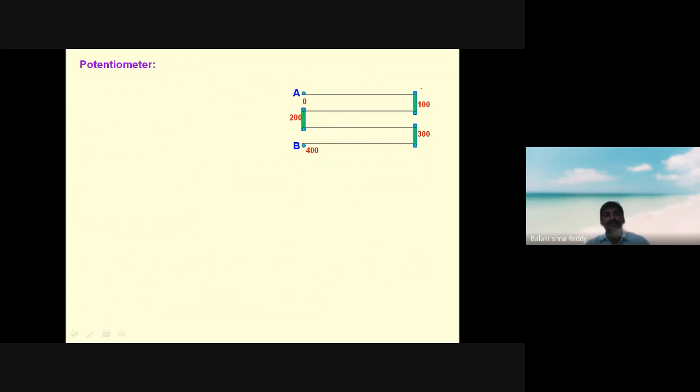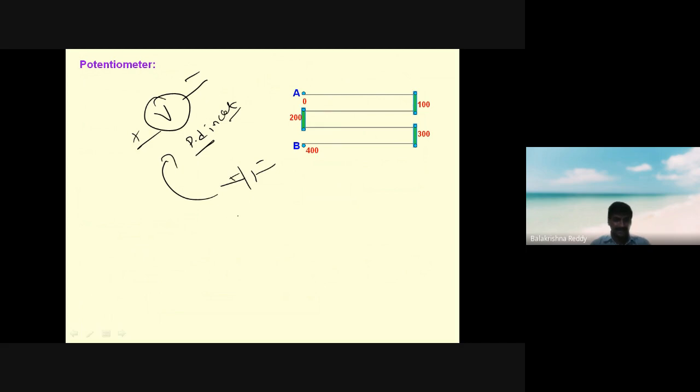What is a potentiometer, first of all? Sir, why are we connecting so many wires? There is a principle. Till now we are using the voltmeter. What is the function of a voltmeter? To find the potential difference in a circuit or anywhere usable, right? But in a cell, for example, when I am finding the cell's EMF or potential difference using this voltmeter, I will not get a 100% result.